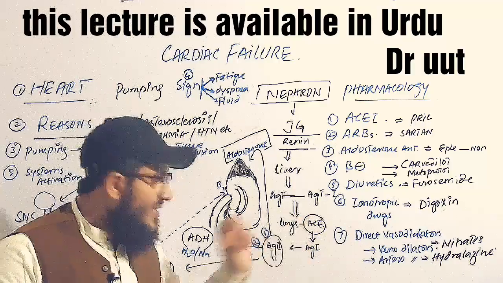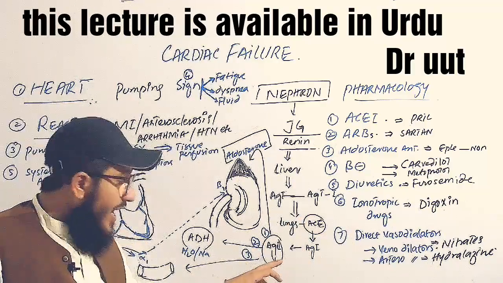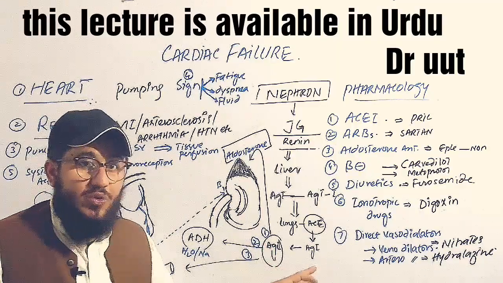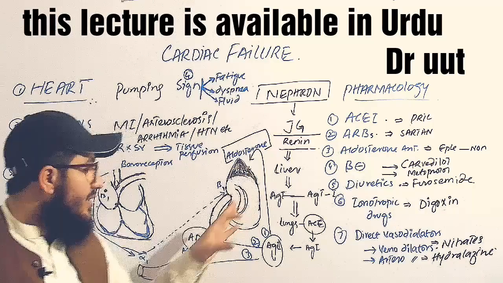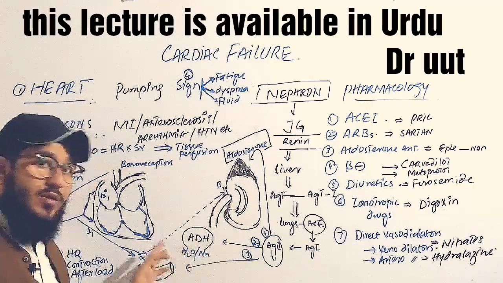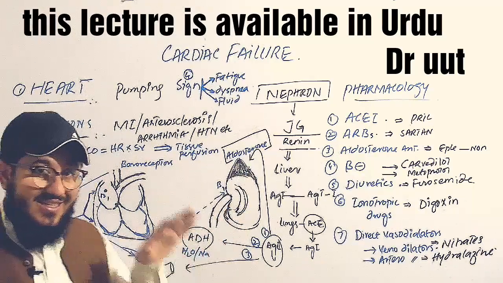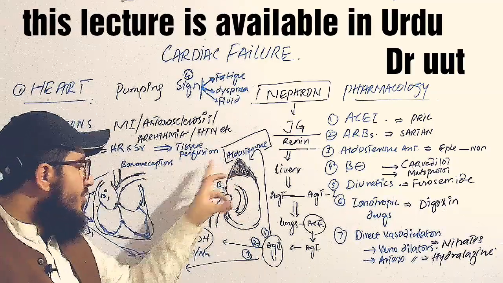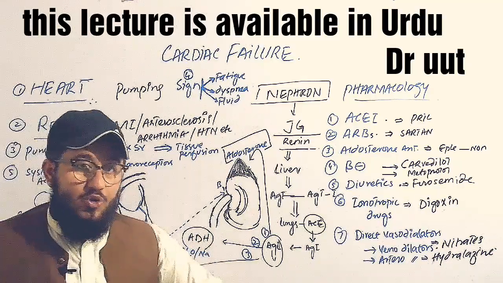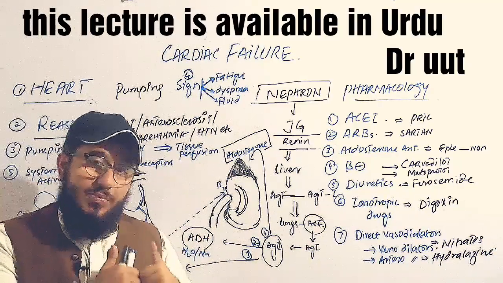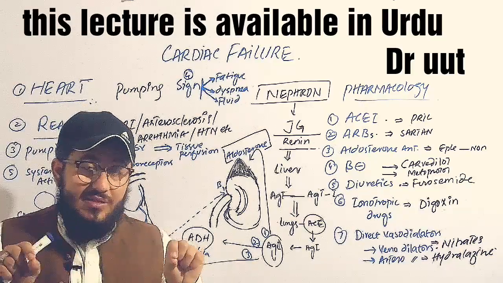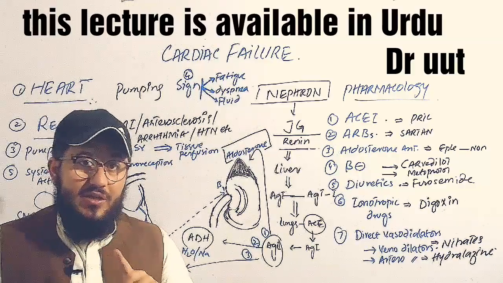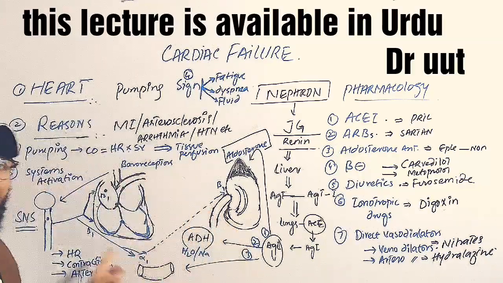If we block this enzyme, what is going to happen? The angiotensin 2 will not be produced. And if they are not produced, so their action on the adrenal gland, on the antidiuretic hormone, and on the arterioles is decreased. They were responsible to increase the blood volume. Aldosterone, antidiuretic hormone, they are supposed to reabsorb the water and salt into the blood vessel. What will happen in the blood vessels? The concentration of the fluid will increase. You can say the blood volume will increase, and due to which what will happen? There will be increase of the venous return.